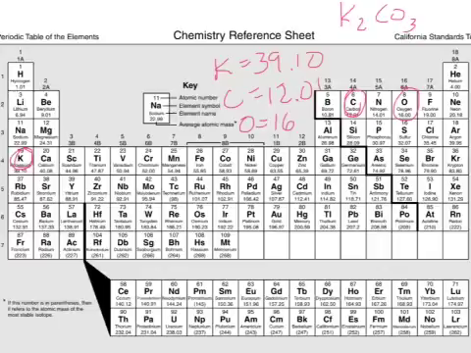So I'm going to do this on my calculator real quick as well. Let's see, 39.1 times 2, and then I'm going to add carbon, which is 12.01. Then I'm going to add 3 oxygens, and you should get a mass of 138.21. Now this is grams per mole, okay? So if it's 138.21 grams per mole,